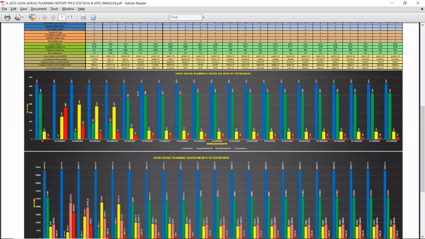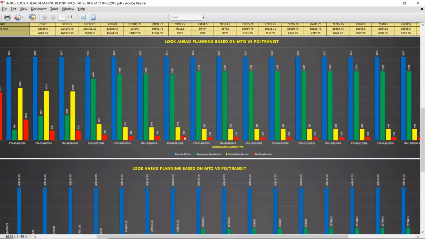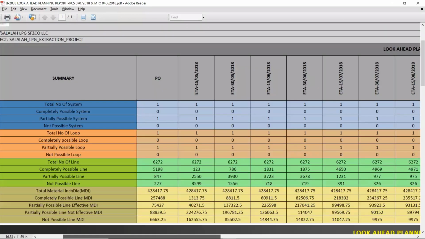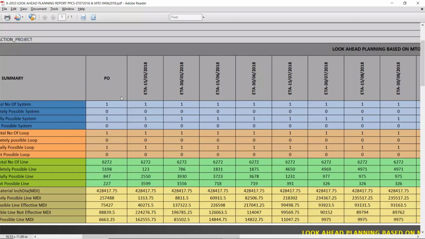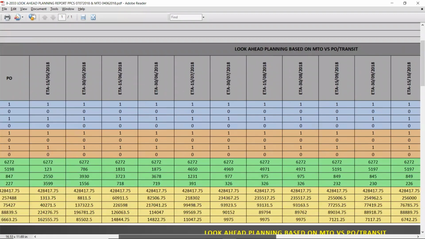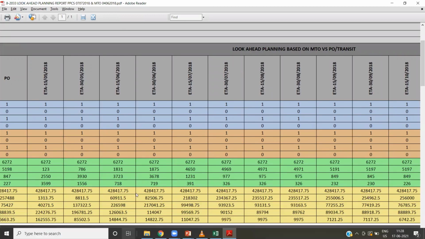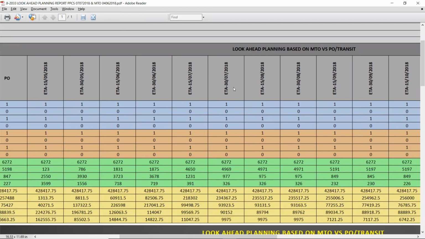Let's see here. In this particular look ahead procedure where this report is generated, I have considered the data sources of PO, procurement quantities, as well as the transit quantities and estimated time of arrival quantities. So I am going to receive the particular materials in this particular time frame.